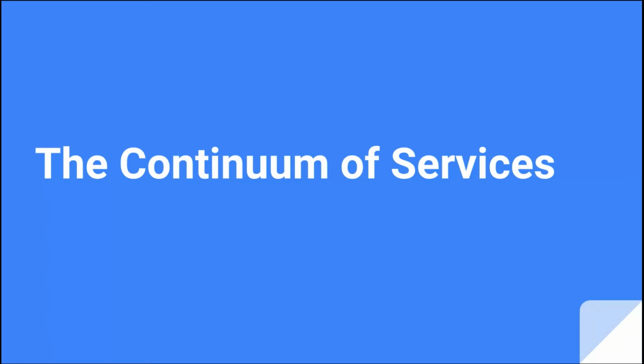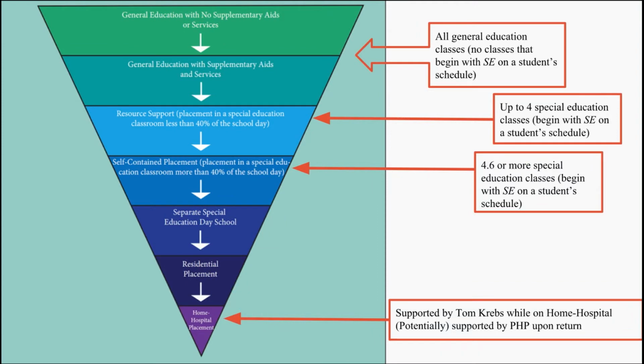The continuum of services. This graphic shows the continuum of services for students with IEPs. Once a student is found eligible for special education services, the IEP is developed, including services and placement. With regard to special education supports and services, all students must be serviced in the least restrictive environment, or LRE. According to the Individuals with Disabilities Education Act, or IDEA, the least restrictive environment means that a student who has